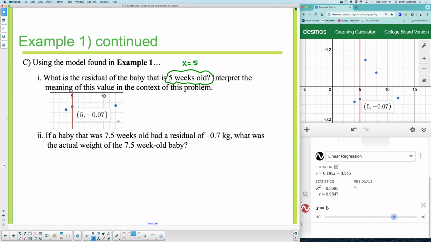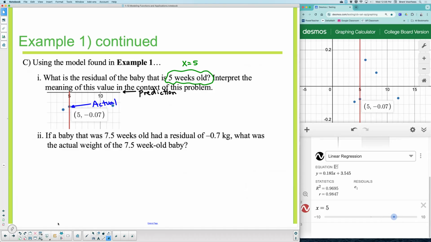Okay, so the residual of a baby that's 5 weeks old. Here's what that means. This means the actual data point, that right there is the actual. The x-axis represents the prediction. This x-axis, this is the prediction. Is the actual data greater than or less than the prediction? Less than. Yeah, what this is meaning is that the actual weight, let me just type